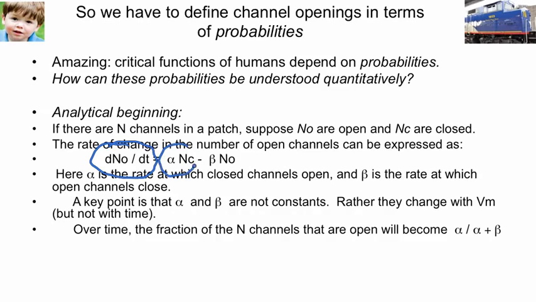First, there's a process where channels that are closed are reopening, and that's associated with this rate constant alpha. Then there's a process by which those that are open are going closed, and that's associated with this rate constant beta. You notice that alpha and beta somehow or other are built into the membrane. We are supposing that alpha and beta are not constants. Rather, alpha and beta